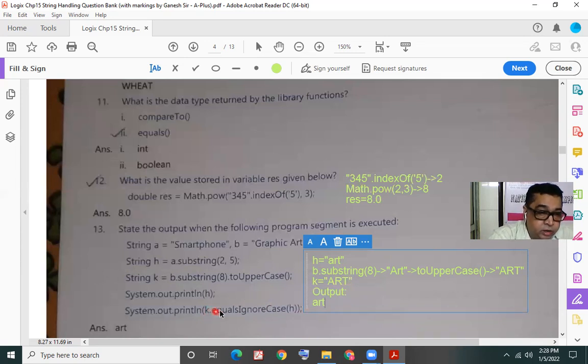Using the equalsIgnoreCase method to compare the contents of K and H, we are telling Java to ignore the case. So yes, actually the content of K and H is the same ignoring the case, and the result will be a Boolean value true. So on the second line, the output we are going to get is true. That is the result of the method equalsIgnoreCase.